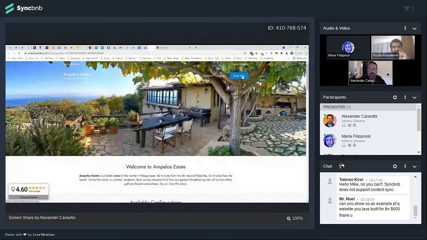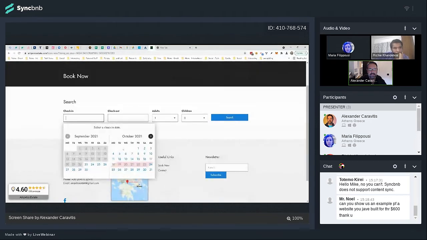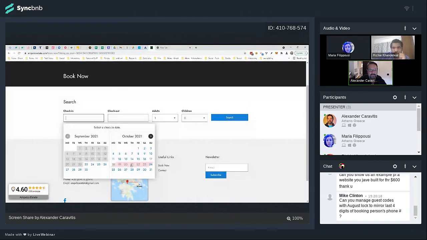When you click book now, you will be taken to the booking engine, where you select the dates that you're interested in. And can you see some dates that are pink? These are pink because they are blocked from another channel. So it might be an Airbnb booking, or a Booking.com, or an Expedia.